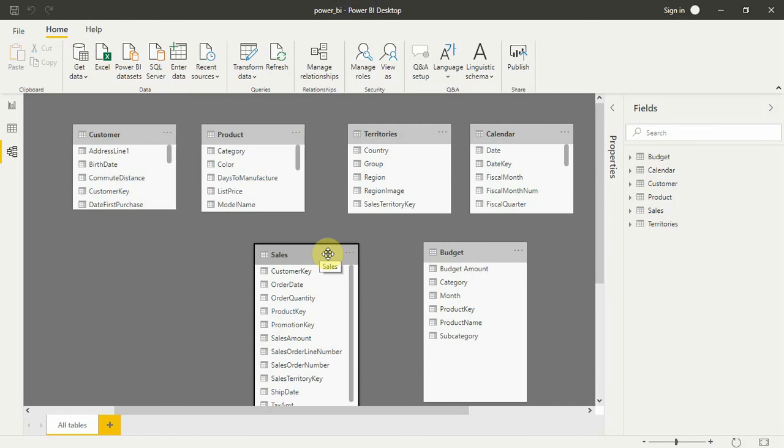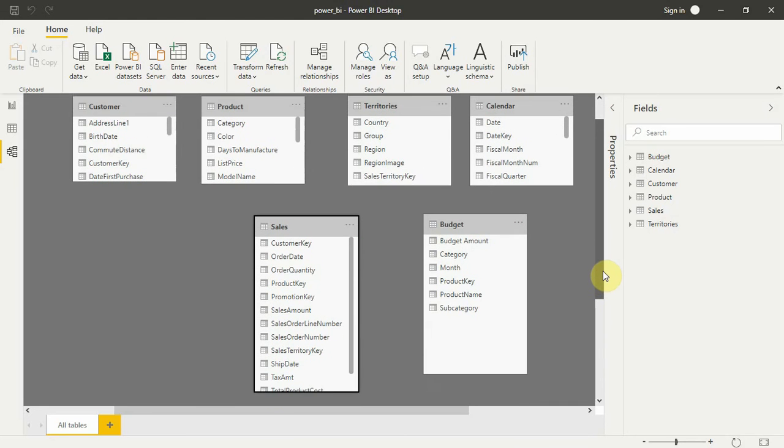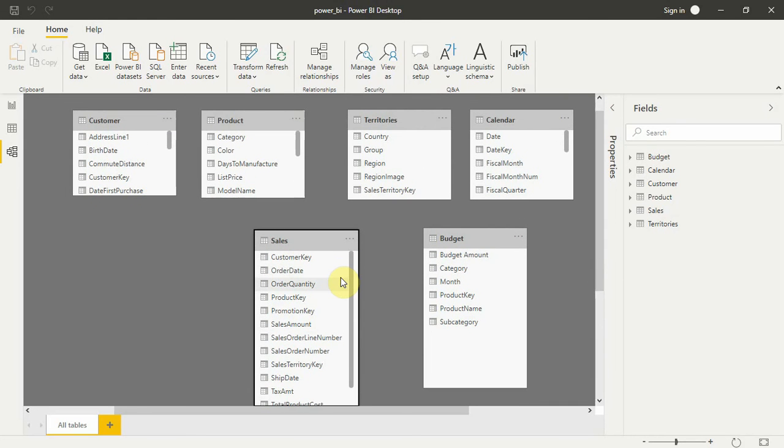Okay, so data tables contain millions and millions of rows. I've intentionally made them big here so that you know this is a data table. Like this is the sales table. It contains data about sales, sales amount, sales order, sales line, sales territory, ship date, and this is budget. So it contains data about the budget. So this is a data table that contains data about certain things. Okay, so these four tables are lookup tables. I've intentionally made them small. So what are lookup tables?